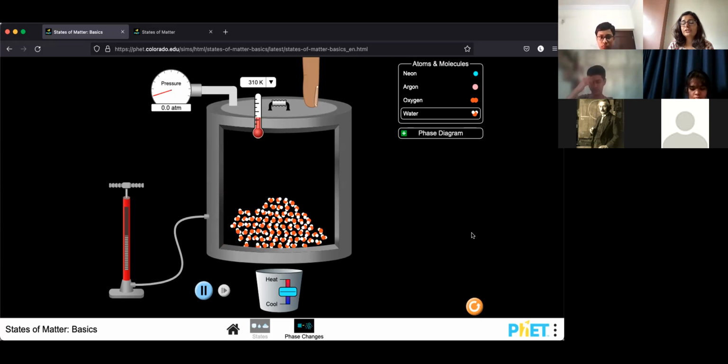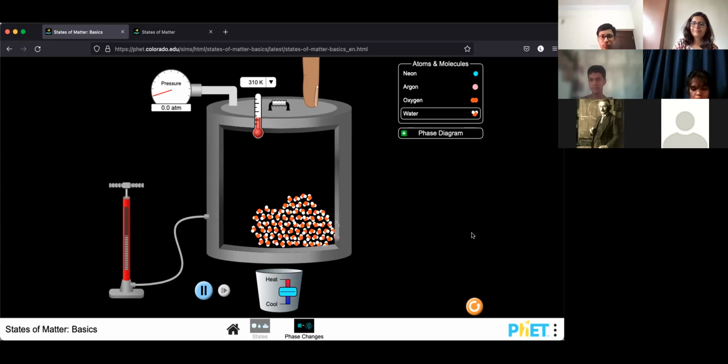So, to convert Kelvin into Celsius, you subtract 273 from it. So to find Celsius it's 310 minus 273. If you want it to be accurate, 273.15. Okay, so now it's room temperature. I've chosen water, so it's in liquid state. Now, if I increase the temperature,